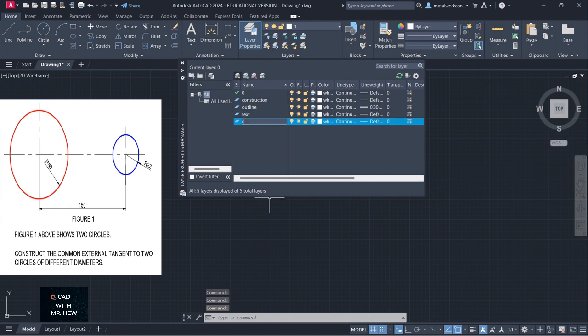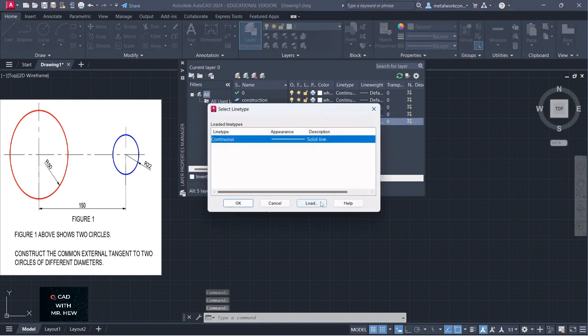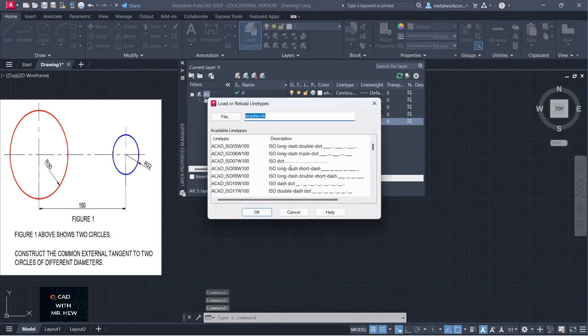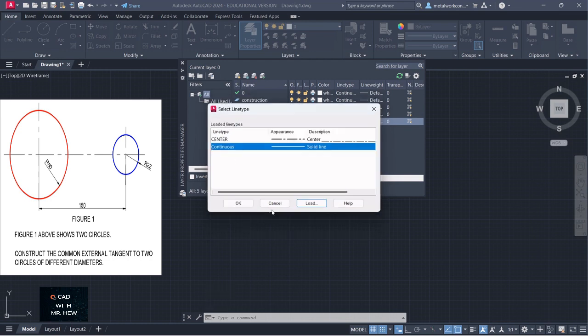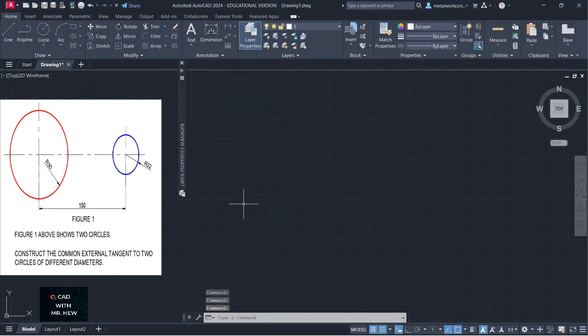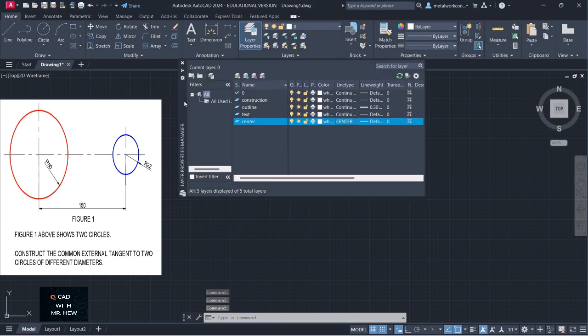So we're going to go center. We're going to make a layer called center. And then we have to come to our line type. We have to load the center line. I'm going to load this one. OK. Then we have to select the center line for the layer which we made, which is called the center